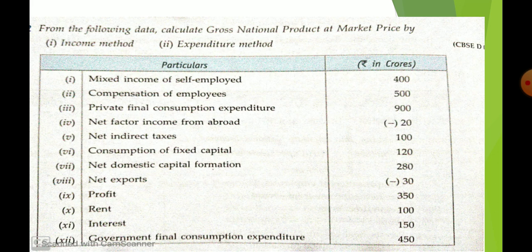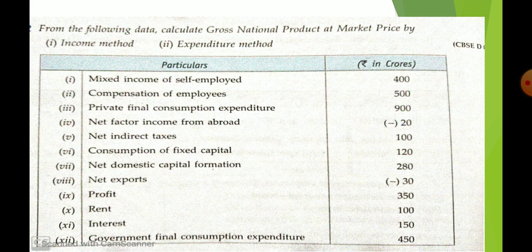After that, aggregates related to national income and aggregates related to domestic income. To understand these concepts you have to understand normal residence, domestic territory, factor income and transfer income. After that you learned three methods for calculating national income: income method, expenditure method and value added method, okay student? So use all these videos, take the help of the book and prepare your notes properly, okay? Now let me start the question that I had given you as homework.